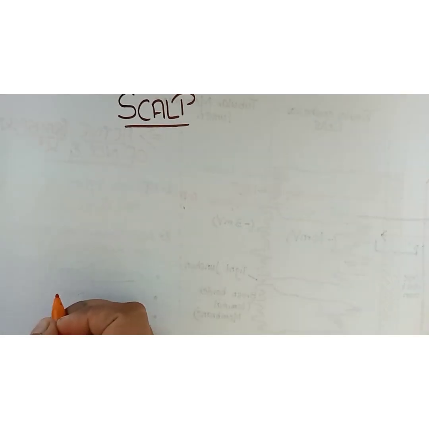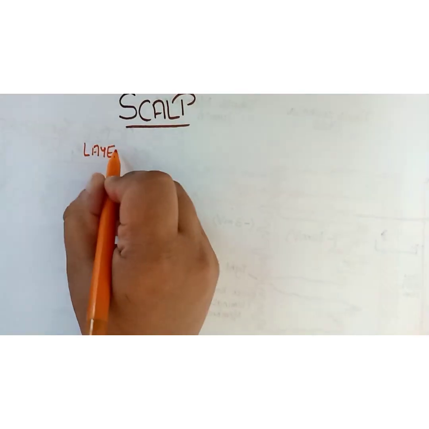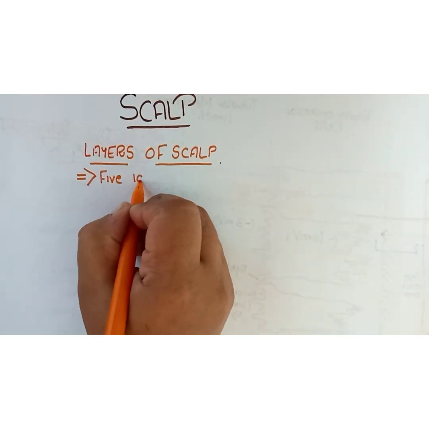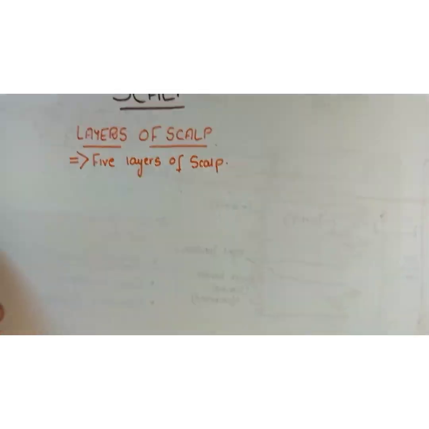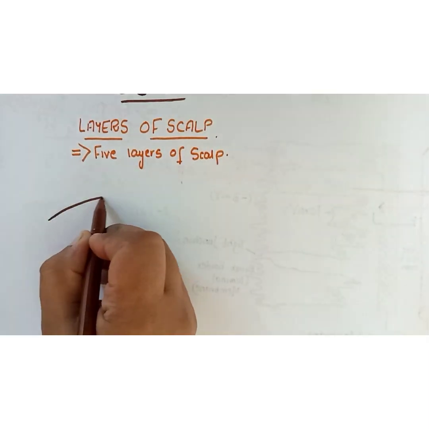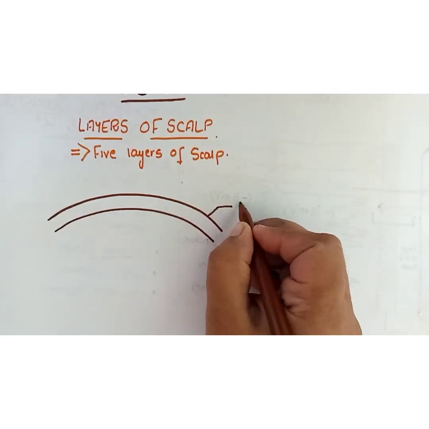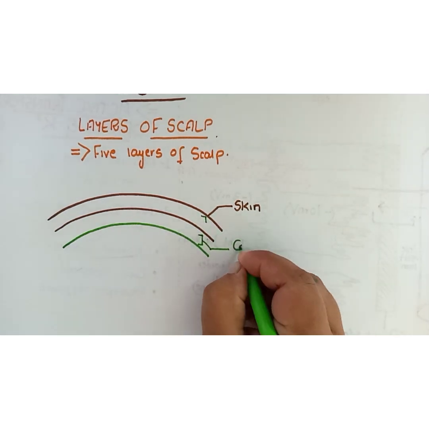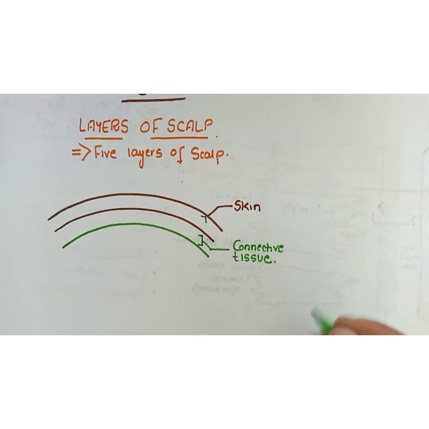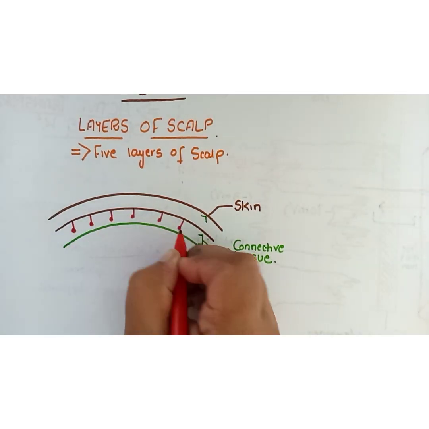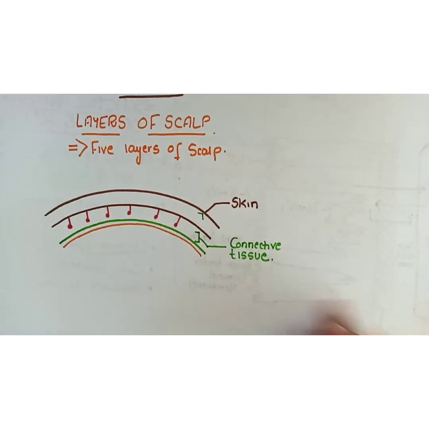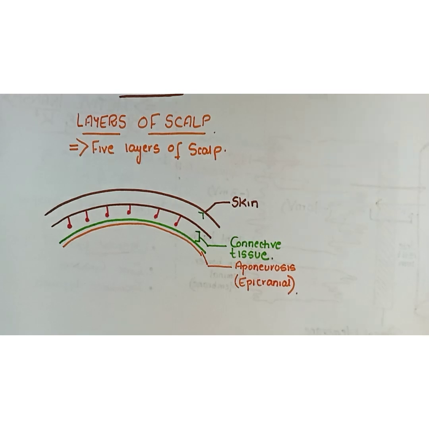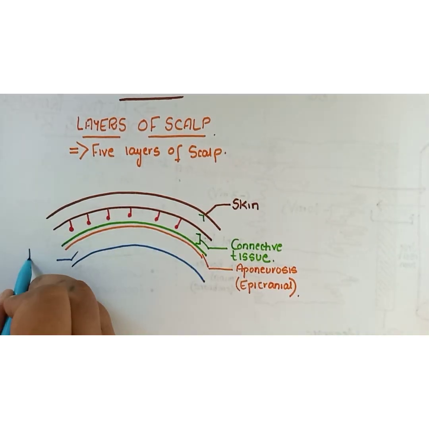So today my topic is the scalp, and I will start with the layers of the scalp. There are total 5 layers of the scalp, and the first layer is the superficial, which is the skin, and below the skin is the superficial fascia, which we can call the connective tissue, and here most blood vessels lie. And below the superficial fascia is the epicranial aponeurosis, and down to the epicranial aponeurosis is the